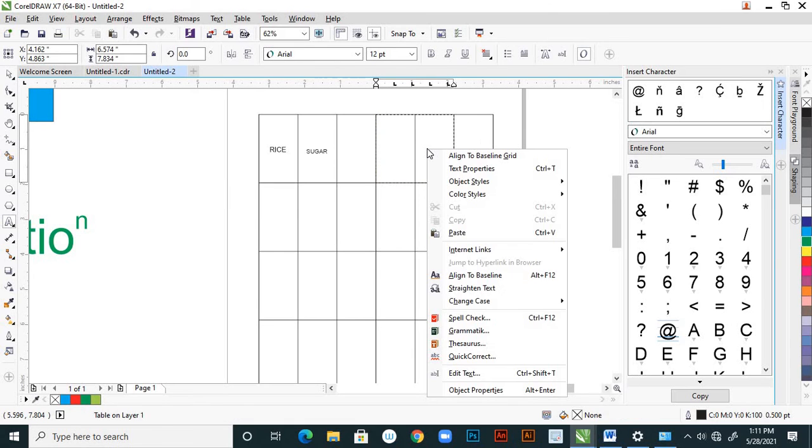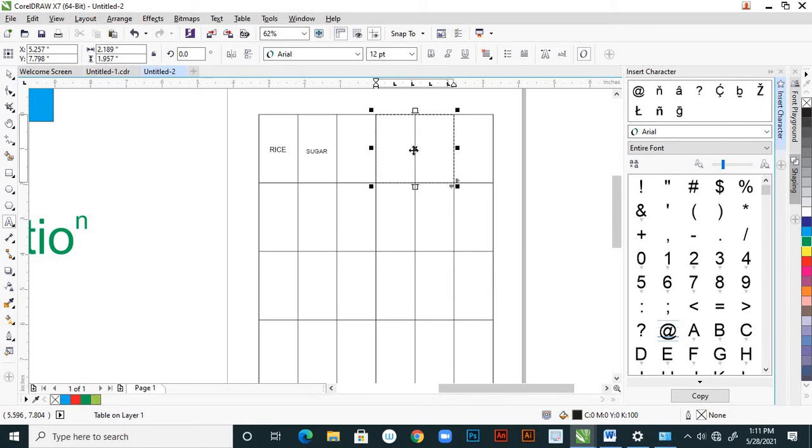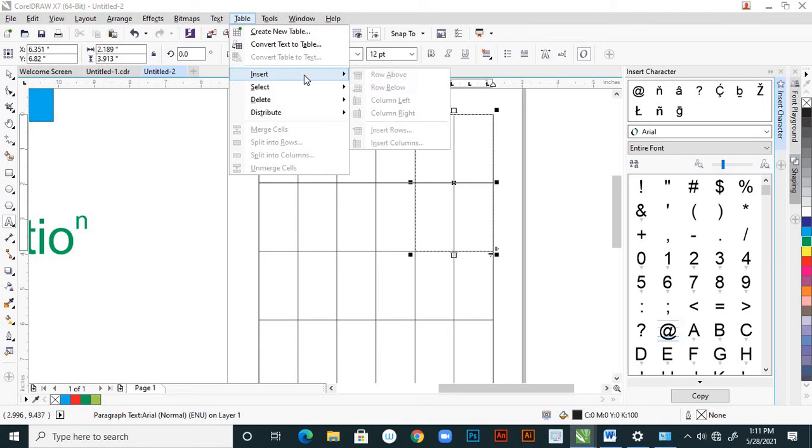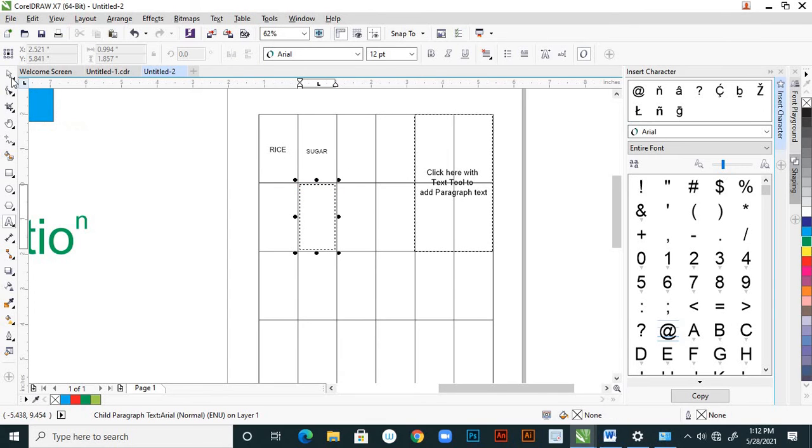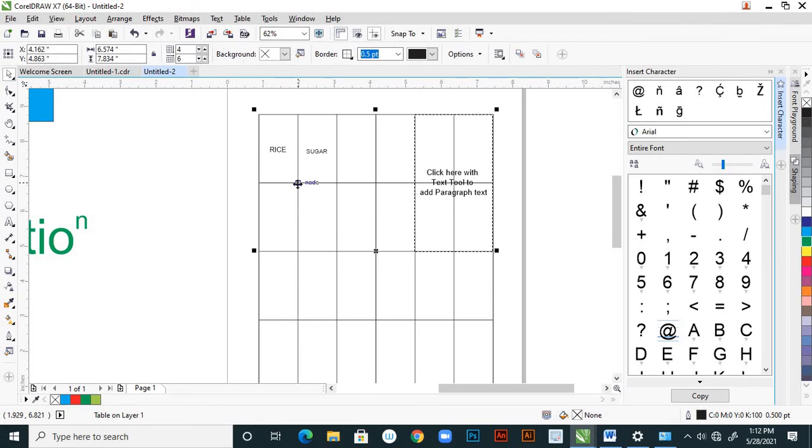So you select that and you can convert this into, see, you can move this side, or otherwise you can drag up to here, and suppose here this portion from Table, insert and select, and suppose I want to merge this, select actually. Just a minute.